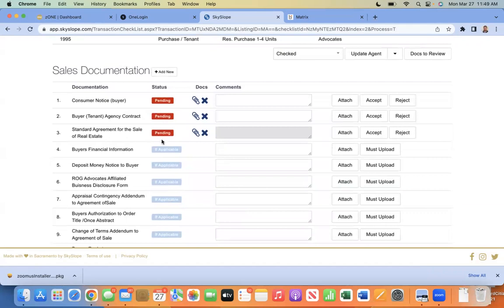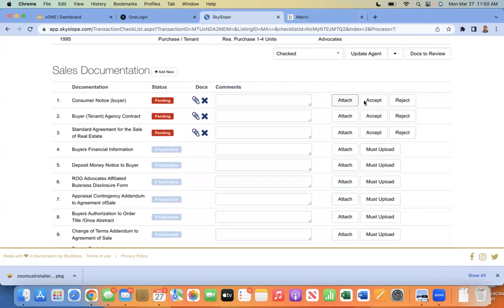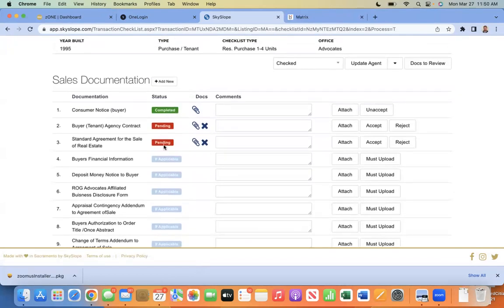Now it's going to say pending because once you put the documents in, I'm going to receive a notification as the broker that you've inputted this transaction and that these documents need to be approved. So on my screen, I have an accept button. So what I can do is I can look at your documents that you put in. So look at the consumer notice, see that everything was filled out correctly. And on my end, I will hit accept and then it'll show up as completed. So don't worry if it says pending, that just means that I need to go in and accept the documents